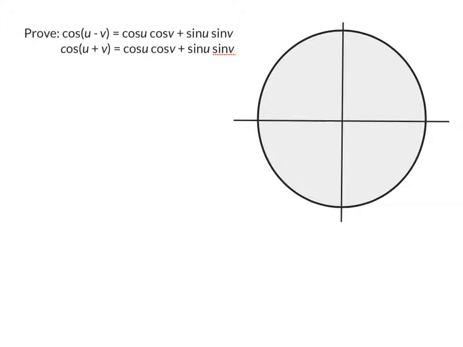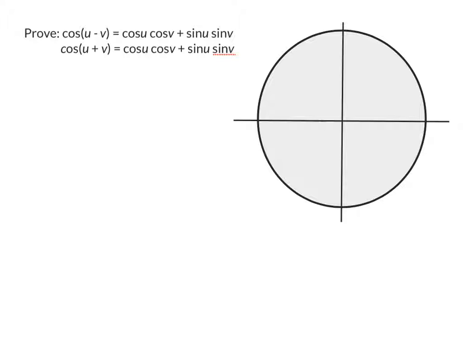Hello. In this video, we're going to prove the sum and difference formulas for cosine. Now there are sum and difference formulas for sine and tangent as well, but right now we're going to focus just on cosine. So I have a unit circle sitting here, so this radius is meant to be 1,